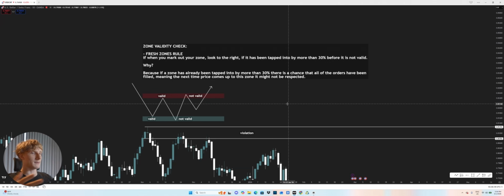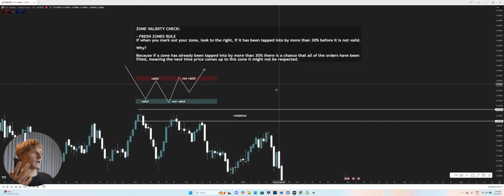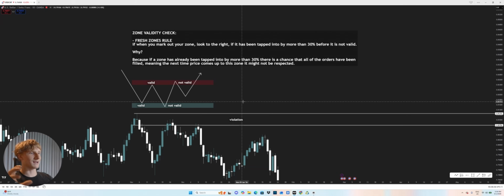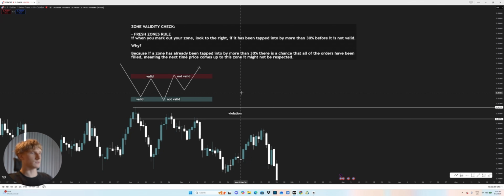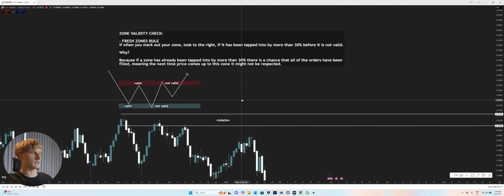Essentially, if we think about what we first went over, what is supply and demand? Well, the way that we use it is how we identify where a bank or an institution has previously bought or sold. Now, our whole theory of why these zones work is that banks cannot place all of their orders at once, like we spoke about. There is not enough liquidity in the market. For example, if they want to enter buys, there are not enough willing sellers on the other side to match all of their orders at that specific level in price. So instead, they need to wait over time until price comes back to that specific level in order to enter more positions, which is what causes reactions like this.